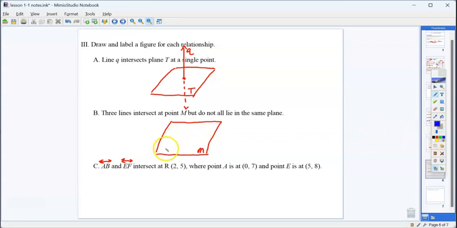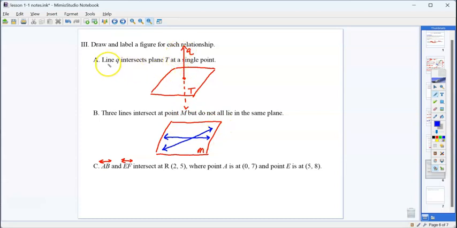We can put two of these lines on the plane itself. So here are two lines. You can see the entire line on plane M. And then for this third line, as long as all three do not lie on plane M,